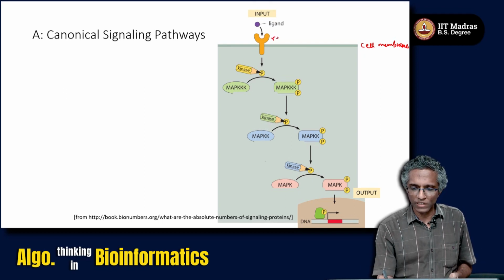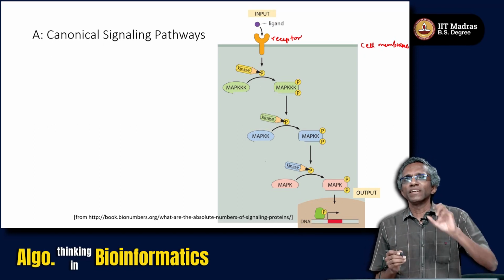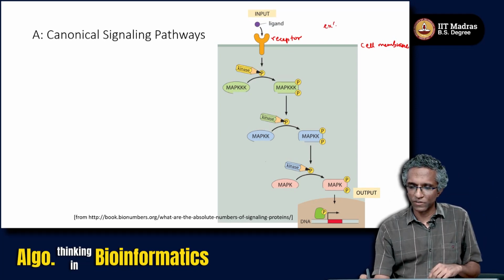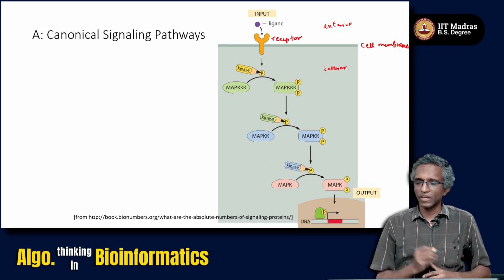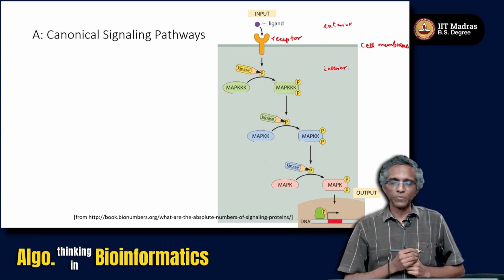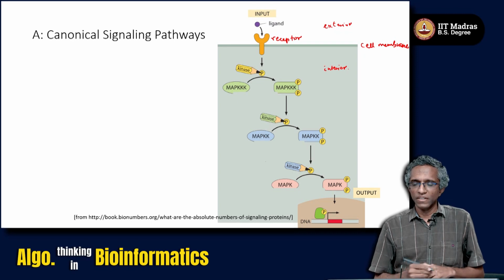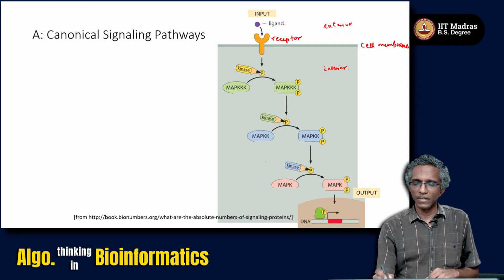This molecule that spans the cell membrane is called a receptor. This is basically a protein. Some part of the protein is sticking outside the cell. So, this is the exterior of the cell. This is the cytoplasm, or the interior of the cell, right. And so, this is the cell membrane, right. So, we have the receptor protein, which is essentially a molecule that has some part sticking outside and some part inside. A ligand is essentially a signaling molecule